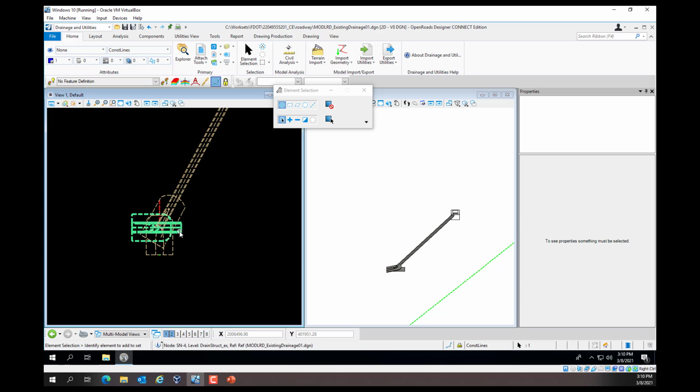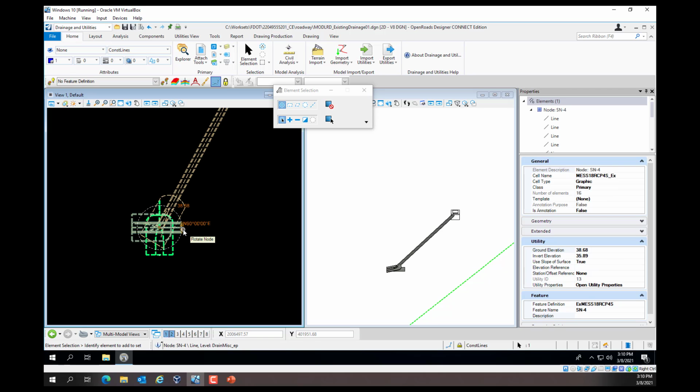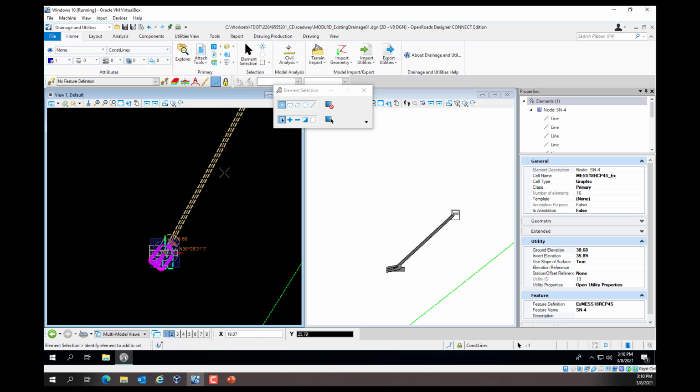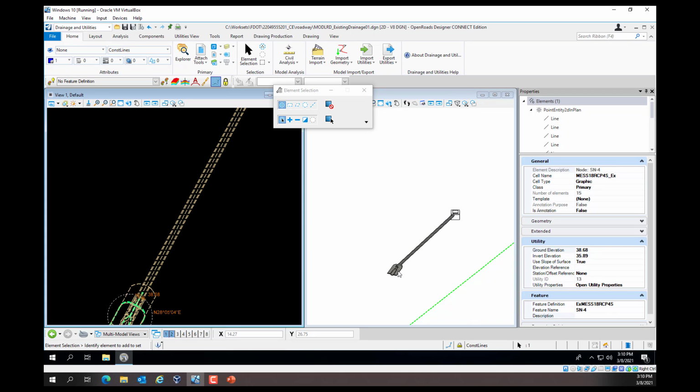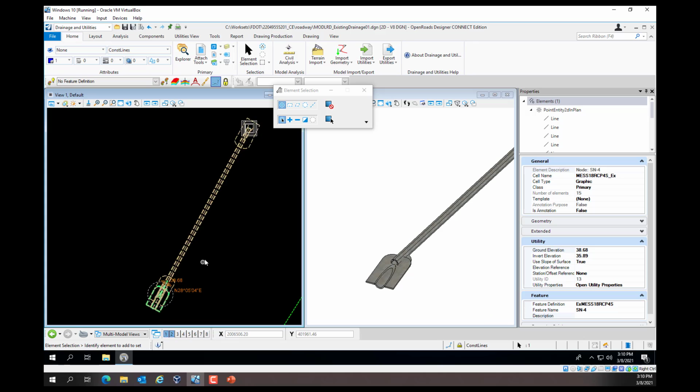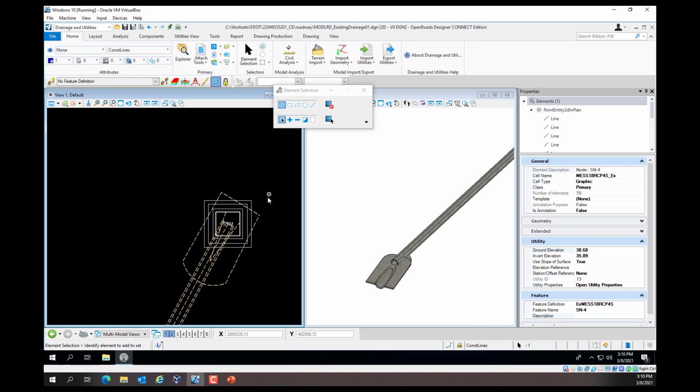We'll then select the node, select the arrow from the manipulators to rotate so we can fix the rotation, and we'll snap to the center of the pipe. And we'll notice in the 3D view and our plan view that the orientation is fixed. Our inverts are still off, but we'll fix that too. So let's go to our other node, and I'll zoom in and zoom out for the mitered end section.